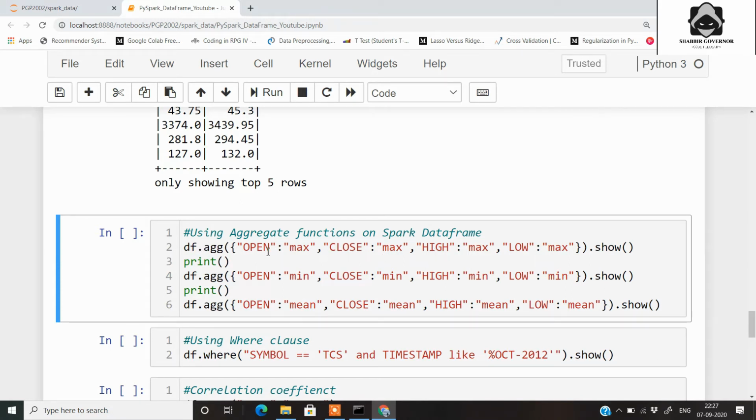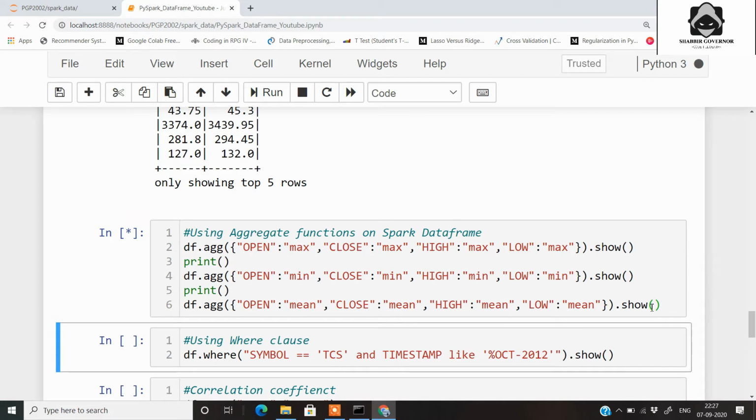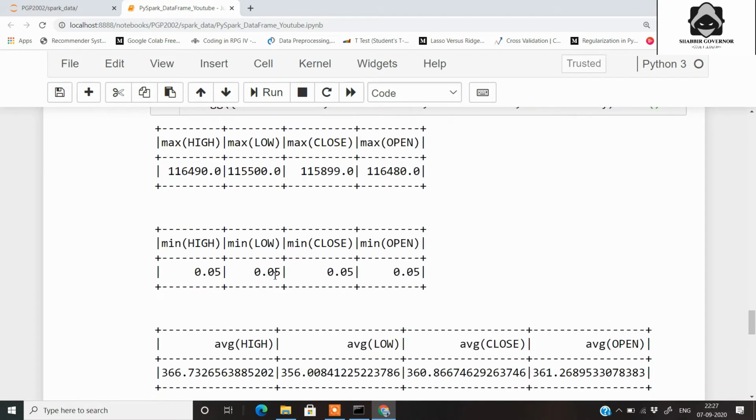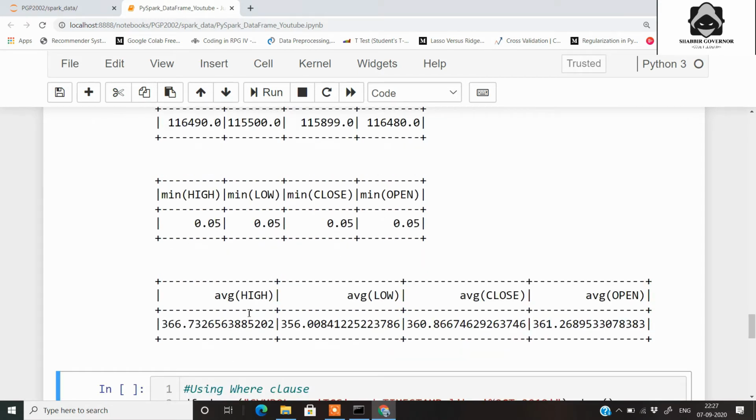On these four fields, that is open, close, high and low, we apply the maximum function, the minimum function, and the mean function and show it in the form of a data frame. So this is how the maximum of these four fields, minimum of these four fields, and the average of all these columns is shown.